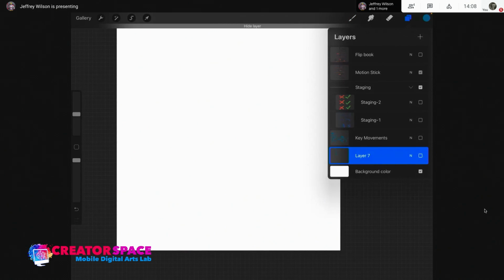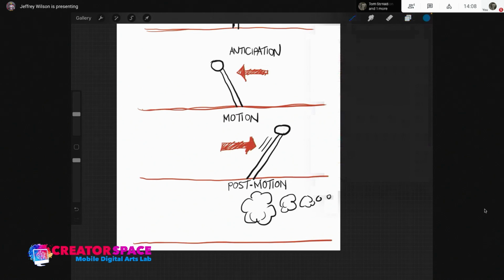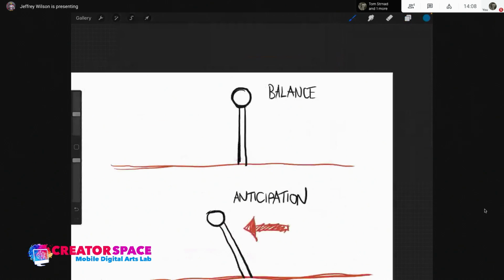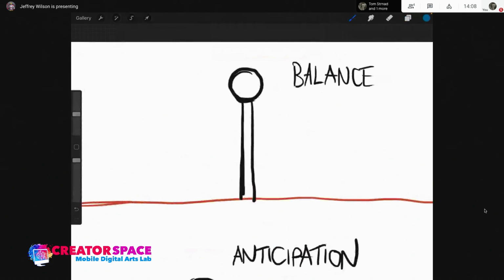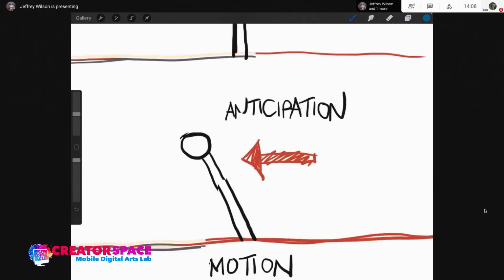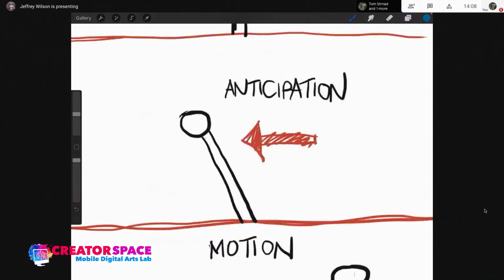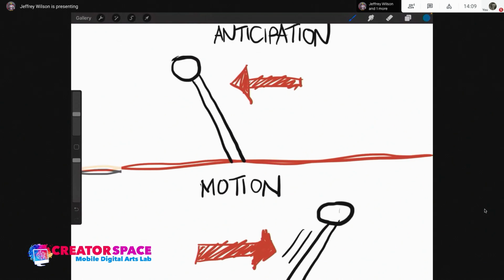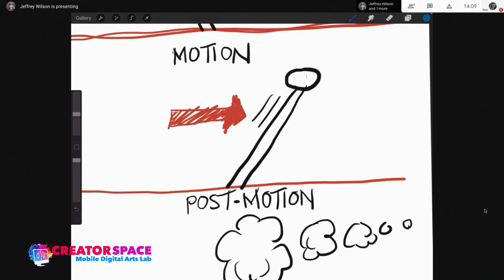my next one here, a little different explanation, showing the same thing, the figure in balance, and it could be a car or any kind of object. It doesn't have to be a person. It can be an animal, a piece of machinery, something that's mobile, starts at a point of balance, then the anticipated movement, so it's going one way to anticipate moving the other way,